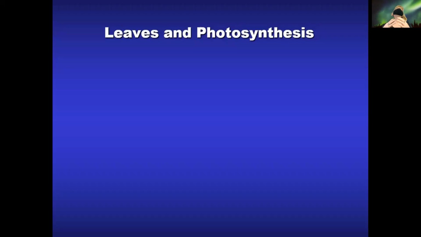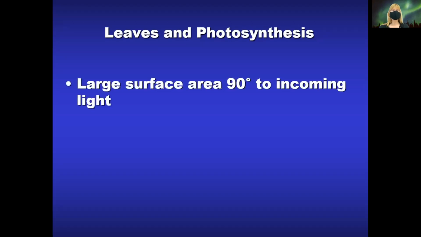When you look at the anatomy of a leaf and its internal design, it's really exquisitely designed to capture light energy, and also to funnel it through the tissue to all the different cells. The design of the leaf is really well adapted to maximize the efficiency of sunlight absorption. One of the things that plants routinely do through the day, out in their native habitat where they have to deal with the moving sun across the sky, is they always try to